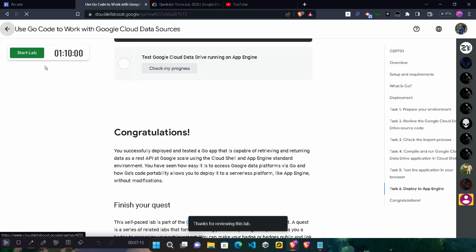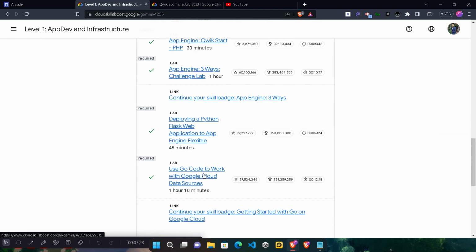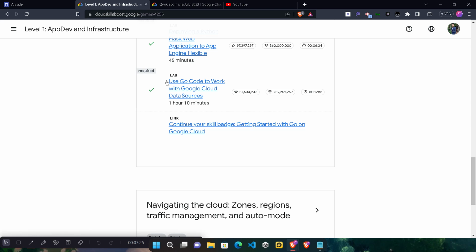Now come back to the main page to verify whether we get the green tick or not. Okay, so wait, we will scroll down, open the catalog, scroll down to our second module, and you can see we get the green tick beside our lab. It means we successfully completed this lab. Okay, so this is the solution of this lab.